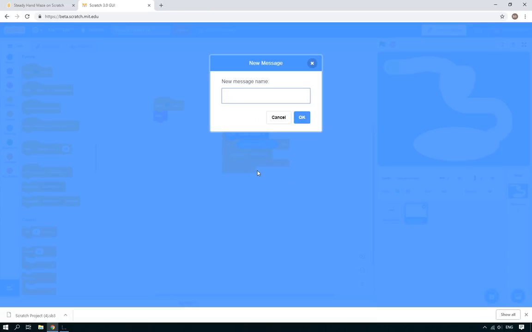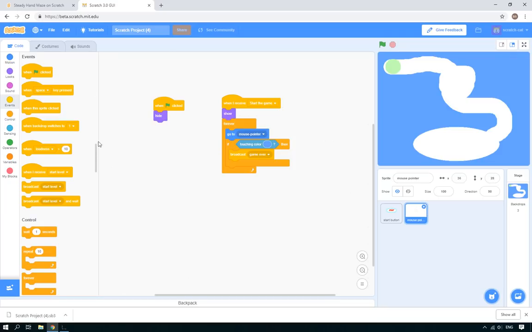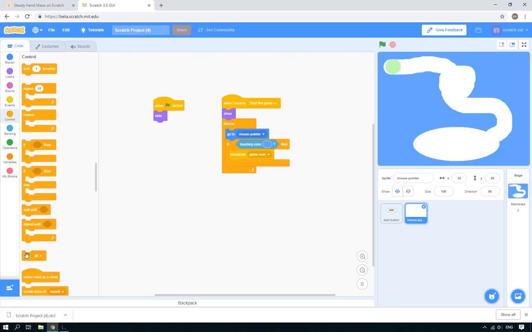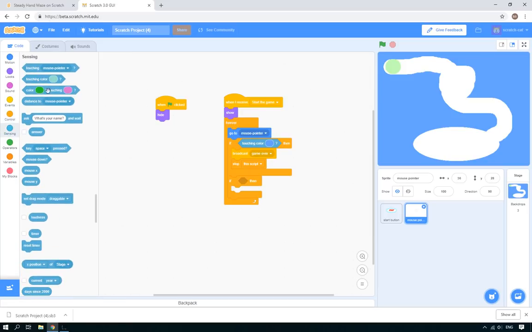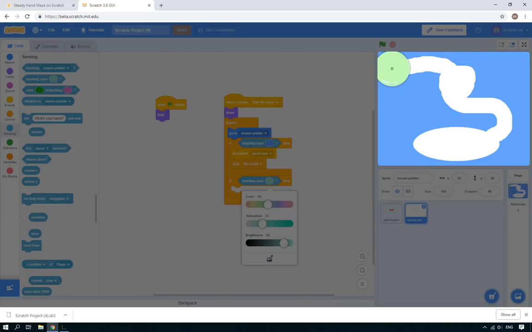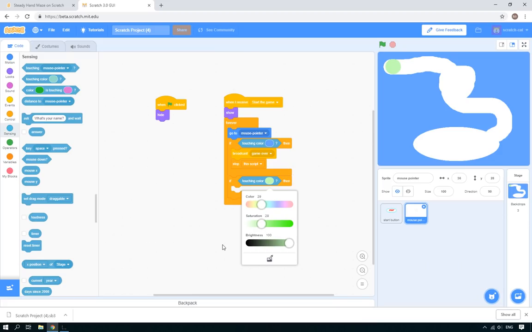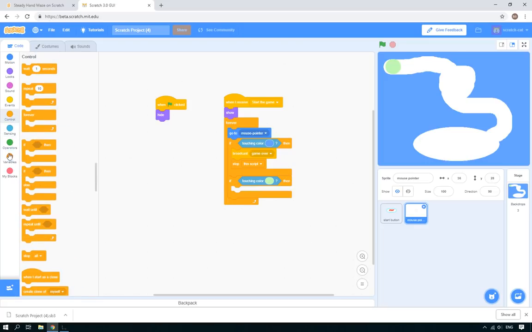Broadcast new message, game over. And we'll stop this script because we don't need that script if it's game over. So if we're touching the color blue, broadcast game over, stop this script. If we are touching the color green, there you go, if they're touching that color green, then what we will do here is we'll change the